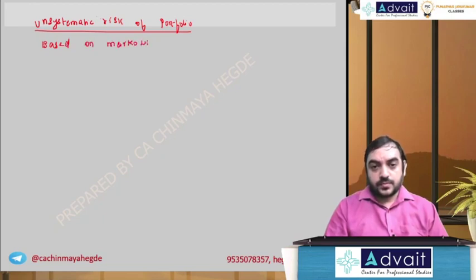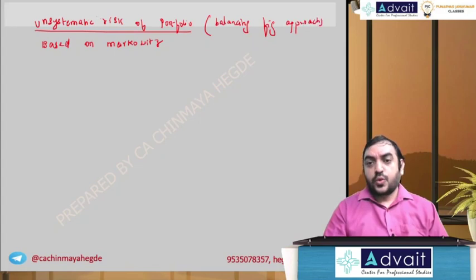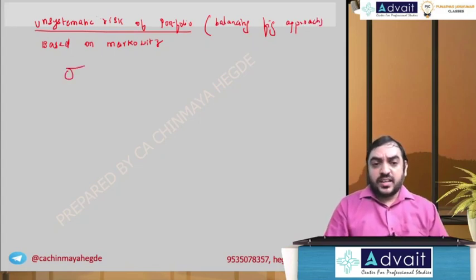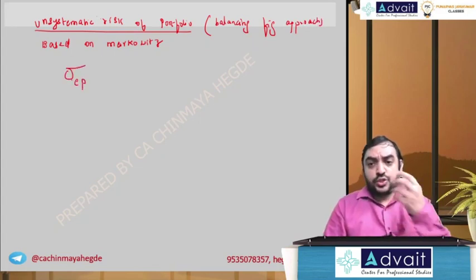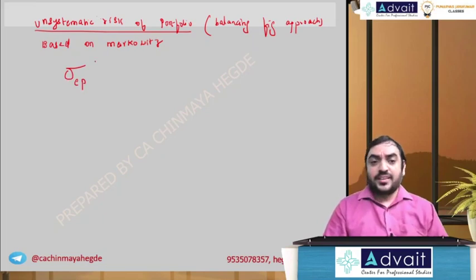This is basically a balancing figure approach, not a weighted average approach. Balancing figure approach. So what we are doing now? Unsystematic risk, that is sigma EP. E used for errors, that is for unsystematic risk square, is calculated as balancing figure, that is total risk